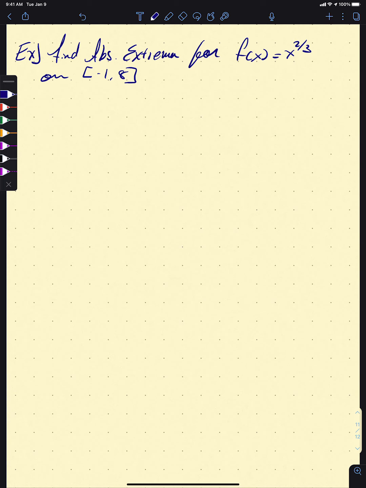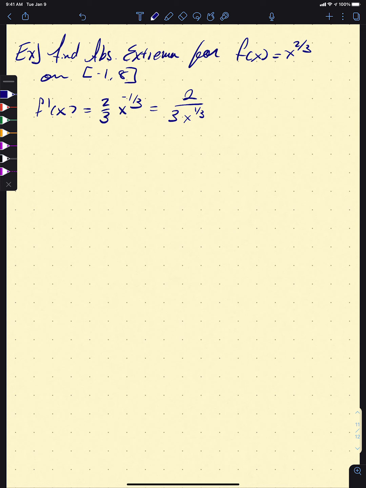And this gets a little bit more complicated because if we take a look at our derivative, we're going to get 2/3 x to the 2/3 minus 1, or minus 1/3, right? So 2 over 3 x to the 1/3. And this is a little bit more complicated because our